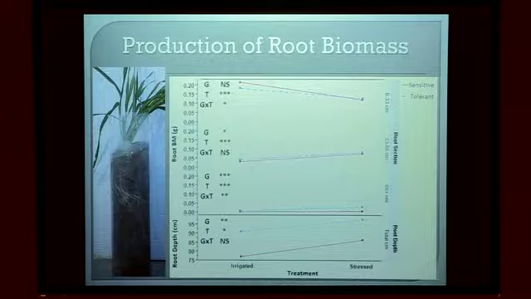So looking at one of the key traits that we wanted to test in this research, the production of root biomass. And from this graph, you can see that we again break it down into our groups, sensitive versus tolerant varieties. And we have root biomass on our y-axis, and down here at the bottom is our root depth. We'll get to that in just a second. But first of all, the root biomass that was produced at the top, middle, and bottom thirds of those tubes, broken down into the different groups, those different sensitive versus tolerant varieties, and you see a significant difference for both treatments